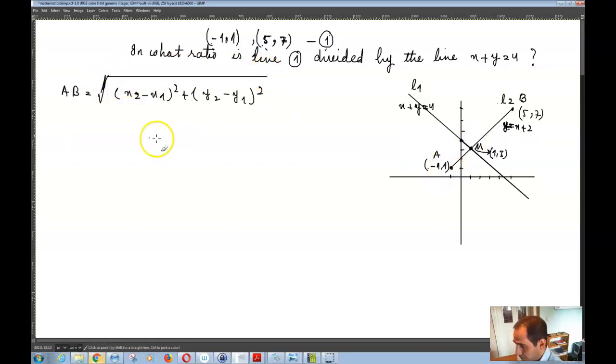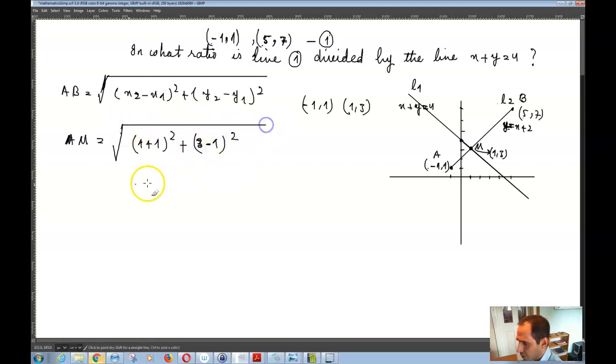So then AM is equal to... A is (-1, 1) and M is (1, 3). So you can write this as the square root of (1 plus 1) whole squared plus (3 minus 1) whole squared, and that is equal to the square root of 2 squared plus 2 squared, the square root of 4